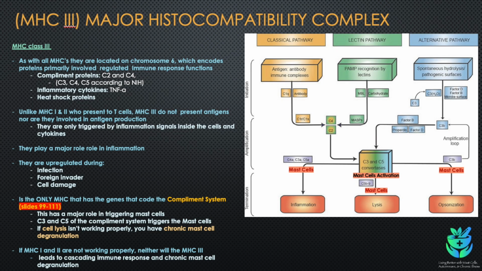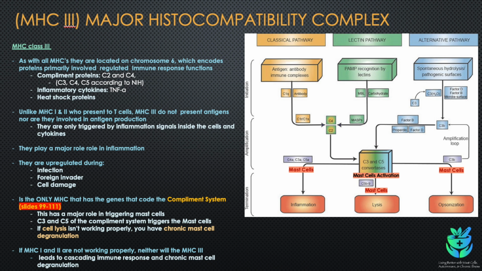MHC class 3. As with all MHCs, they are located on chromosome 6, which encodes proteins primarily involved in regulating immune response functions. They work with the complement system, which is C2 and C4. According to the NIH, it does C3, C4, and C5 as well. And basically what it does is the MHC contains genes that code for those components of the complement system, among